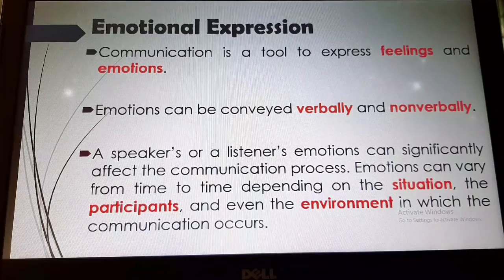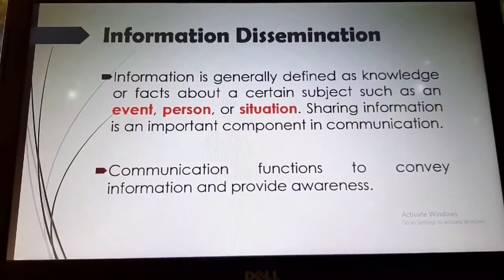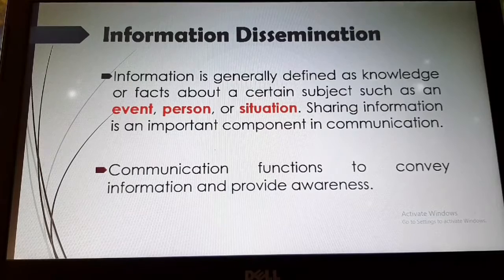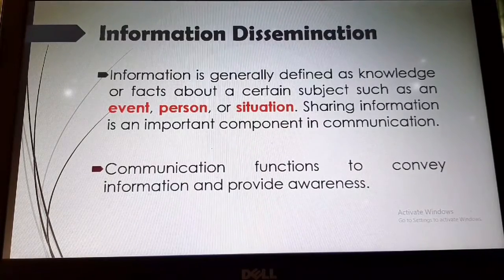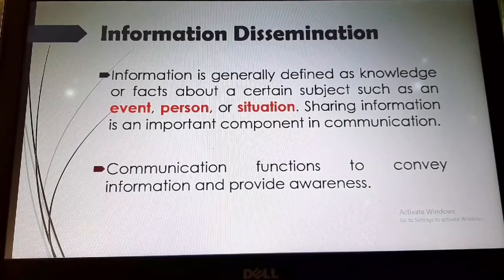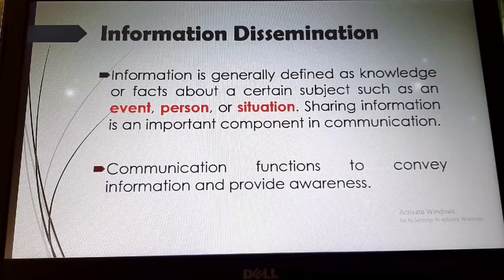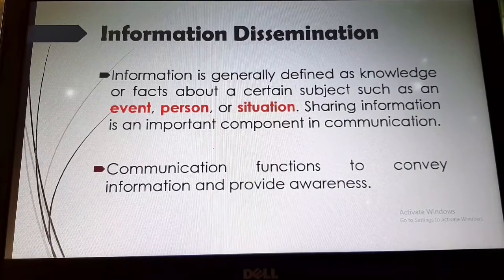And the last of our 5 basic functions of communication is for information dissemination. Information is generally defined as knowledge or facts about a certain subject, such as an event, person, or situation. Sharing information is an important component in communication. What I'm doing right now is an example of information dissemination. Communication functions to convey information and provide awareness. You provide information to others in various speech situations, like when someone delivers an informative speech,